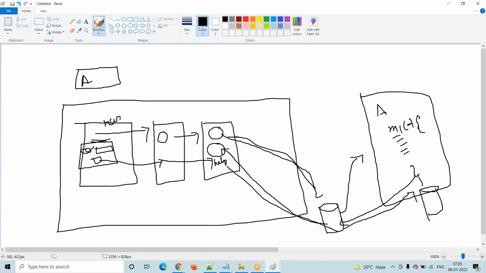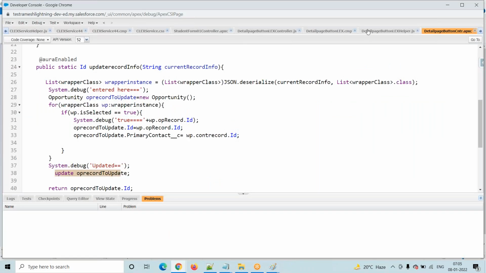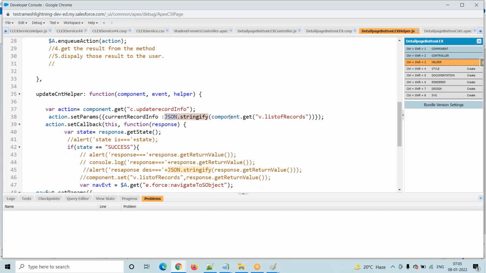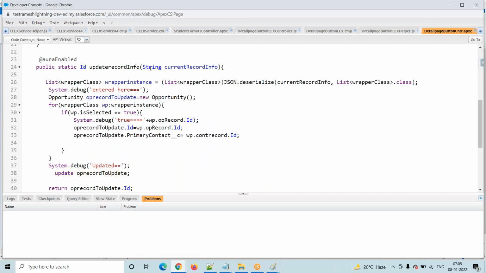No, whenever we are sending records, Salesforce says that you have to serialize that list and then send. How to serialize? JSON dot stringify. Here you have to observe JSON dot stringify. Which list? This list. This is the only new thing; the remaining things are all the same. I'm serializing the records and sending them to this particular variable. What is this variable's data type? String data type. Once we serialize the record, the system automatically converts it into a string format. Yes, here it is received as a string.